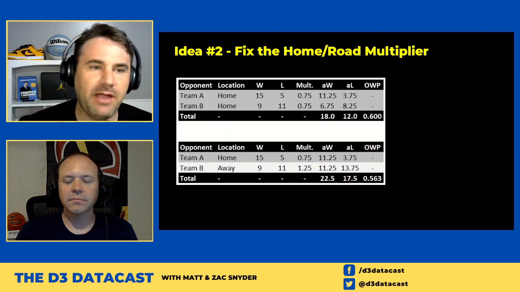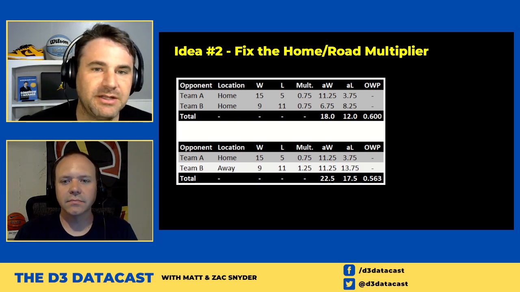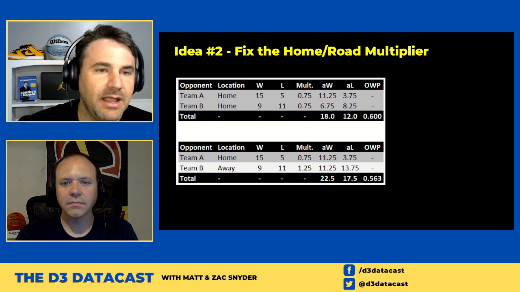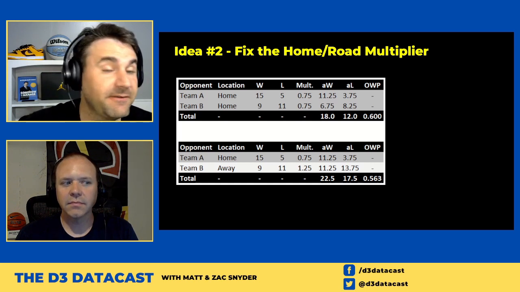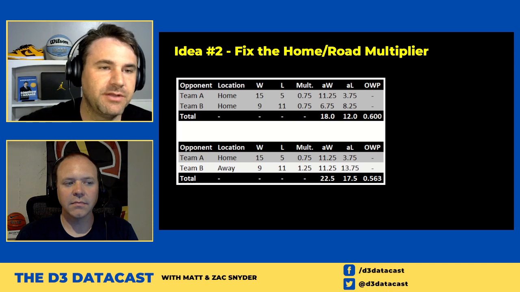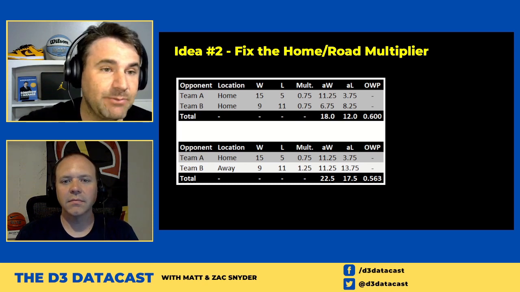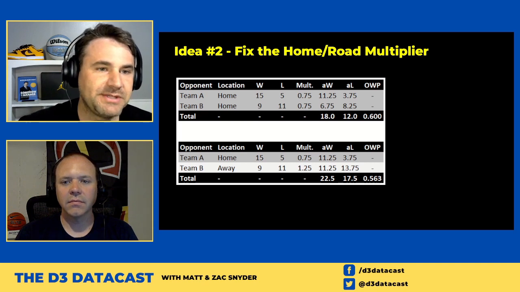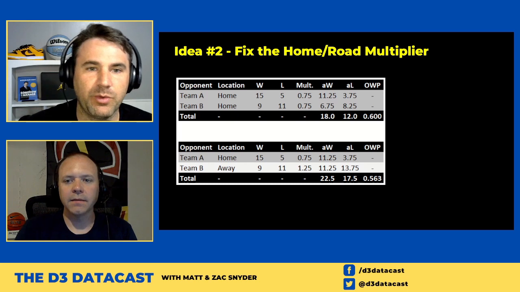So here's just a complete hypothetical made up 2 game stretch of a schedule, right? So you have your opponents, Team A and Team B, and in that first list you're playing them both at home. Team A is 15-5, and Team B is 9-11. And I'm already saying you've taken out your results. So when you do this sort of math, it doesn't matter if you've beaten a team or you've lost to a team. That doesn't affect your strength of schedule. You always take out your own results when doing this. So let's just say that that's already adjusted for your winning percentage.